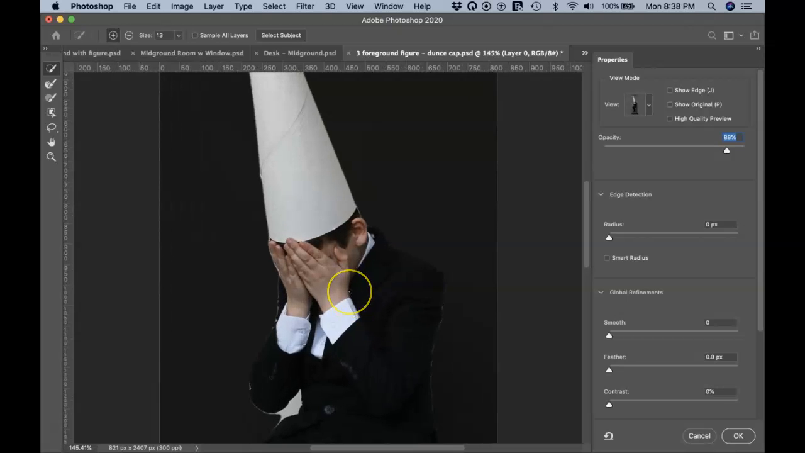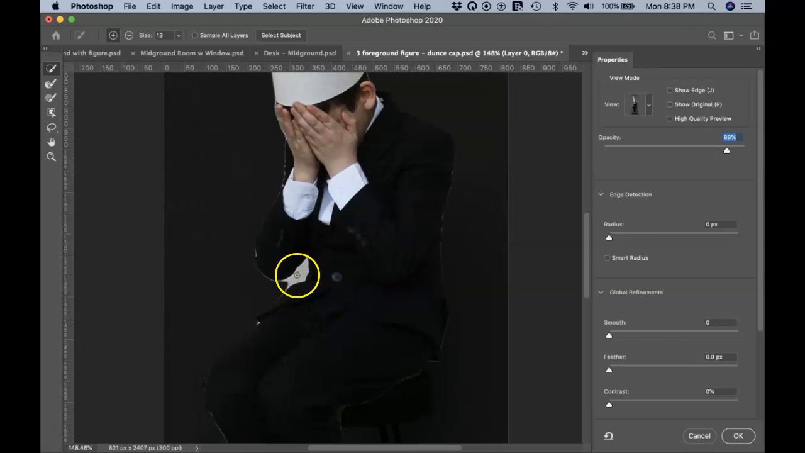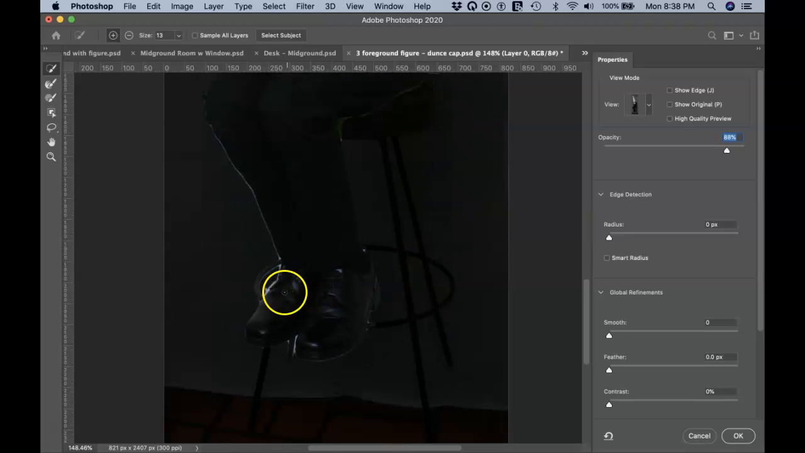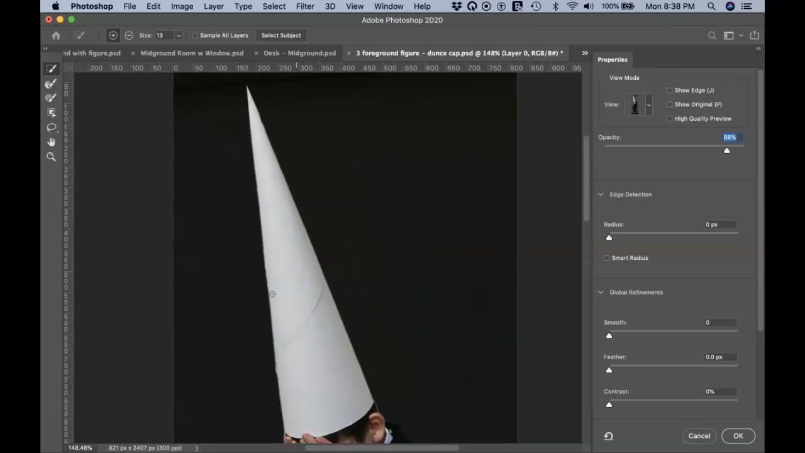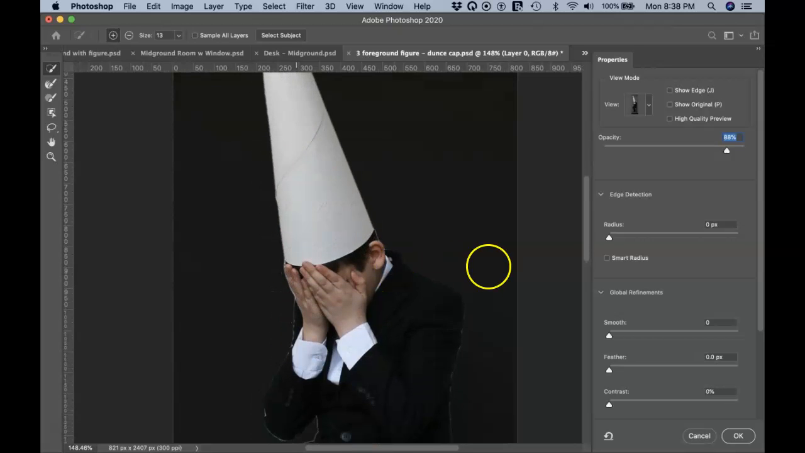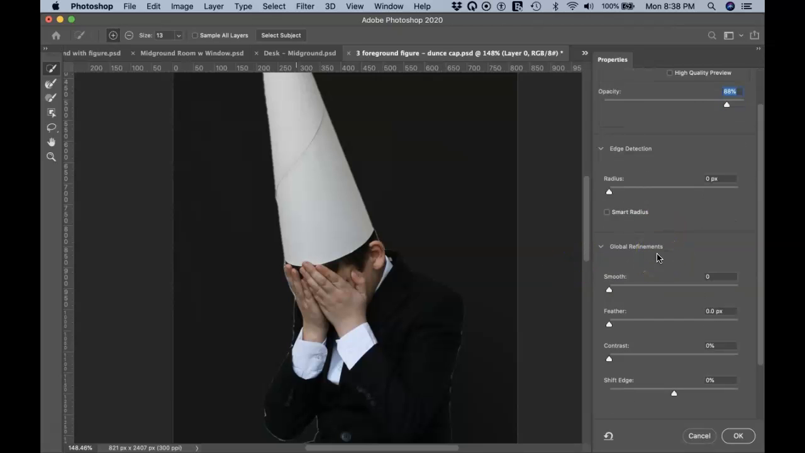And if I get in close, I can see there's a problem right here. I need to actually remove that from the selection. In fact, what I'm doing here is holding down the Option key and clicking and dragging through here to remove that from the selection. So this is a really good way to preview and make sure that your selection's not going to be awful. In fact, a little further down over here in the properties,